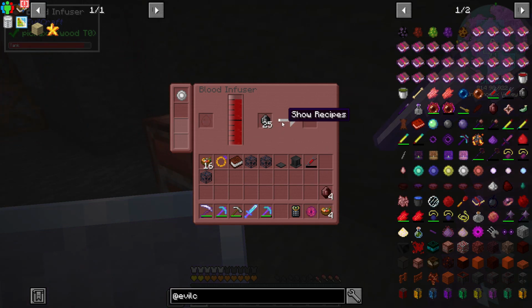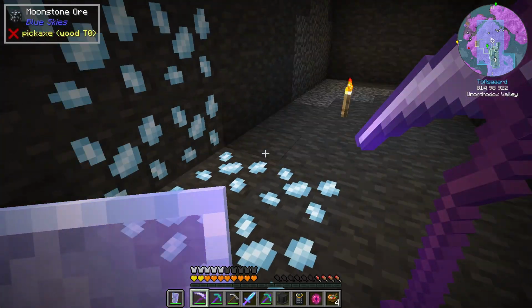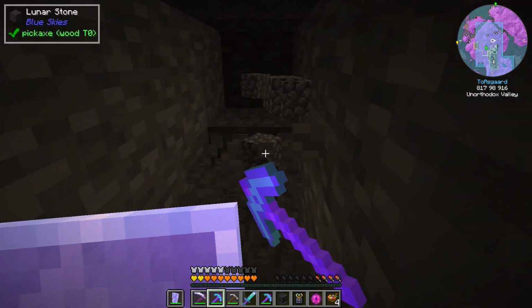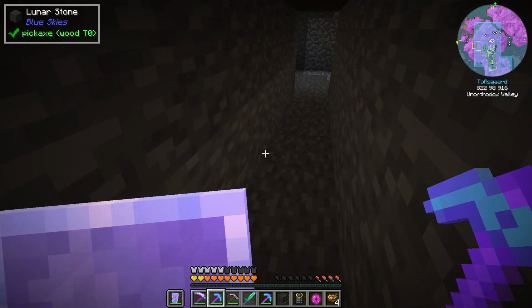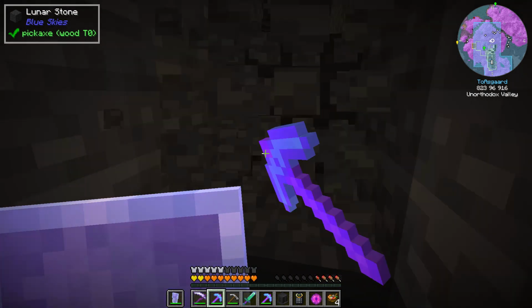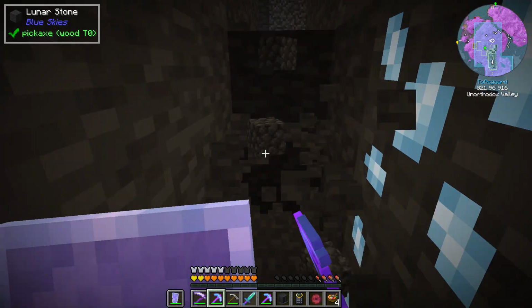Okay, so at this point, I would like to get this up and going, because I don't want to have to farm up more blood. So let's go ahead, let's dig this back quite a ways, in fact, and we're going to drop this down, say, 2 blocks, and then 1, 2, 3, 4...